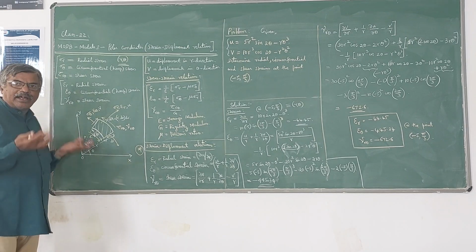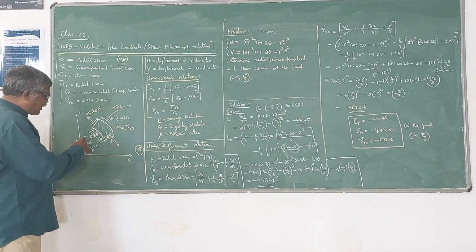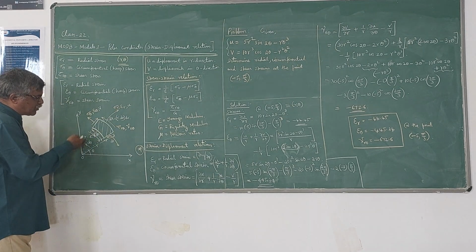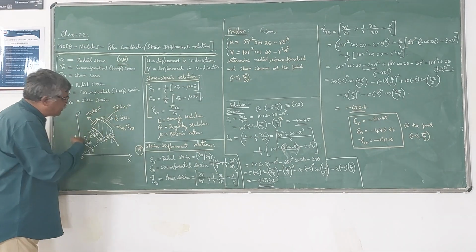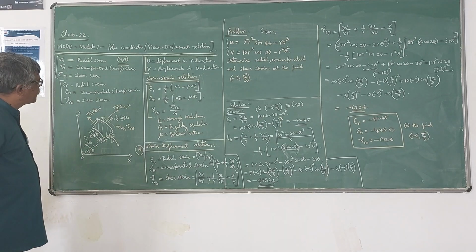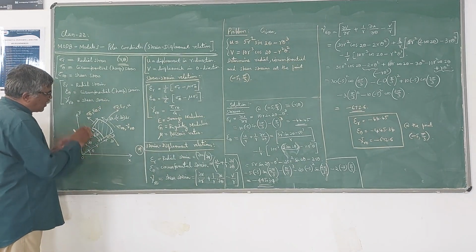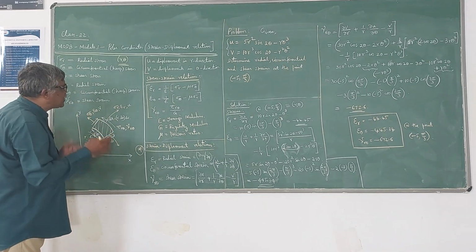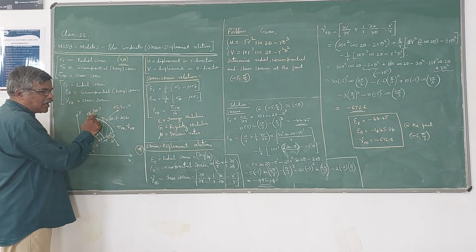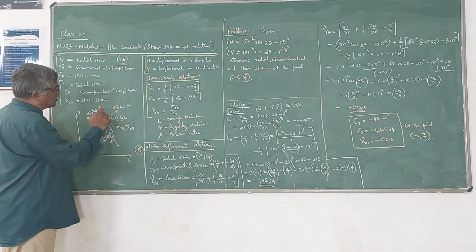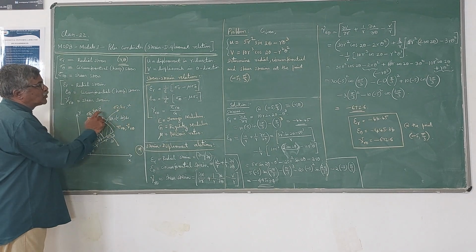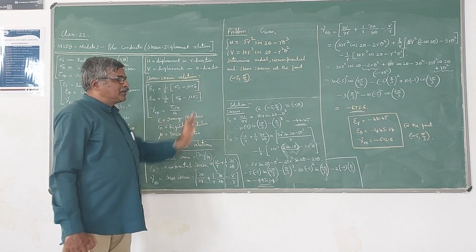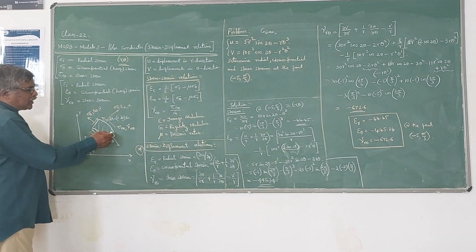So length into width, that is r into d theta into dr, gives the value of this elemental area dA. Now the directions of the stresses will be along the radial direction. So sigma r is the stress, of course at both the edges it will be there. I have shown here tensile stress away from the element. And along the circumferential direction is sigma theta. Corresponding strains will be epsilon r and epsilon theta. Corresponding displacements in those two directions are u and v. So u is the displacement in r direction, v is the displacement in theta direction, and tau r theta, as you know,